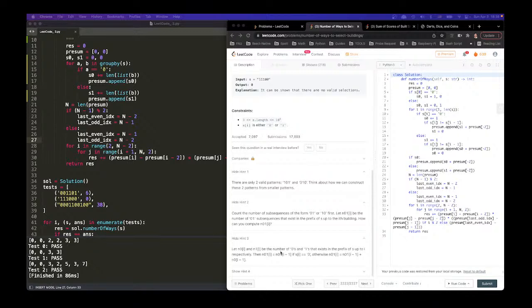So what do we mean by this? As we're building up the 0, 1 array, we're not really building up the 0, 1 array. We are checking when a new 0, 1 comes into being, right? How many new 0, 1 come into being? And that means as we go through, if the current one is 0, that means there's no 0, 1s coming into being. But if the current one is 1, then we have that many new 0, 1s, and all of those new 0, 1 constructs can form with,